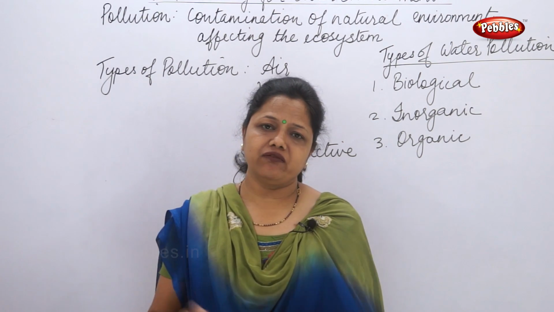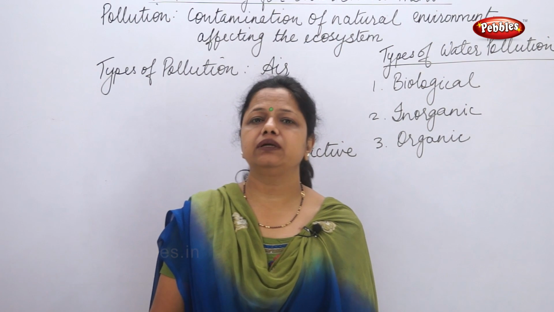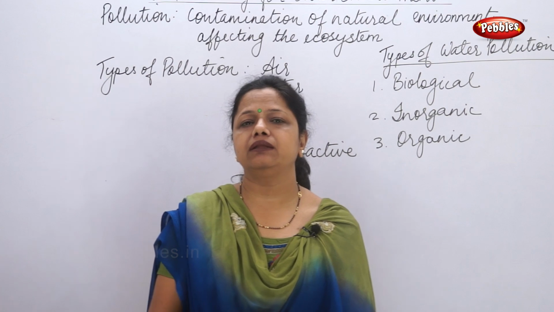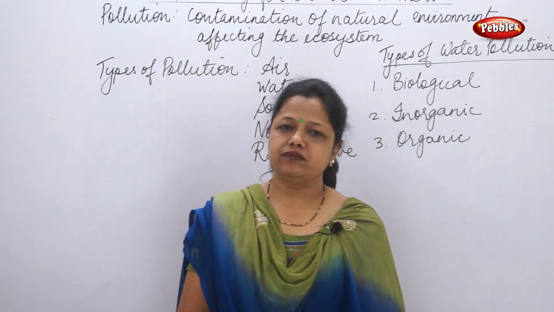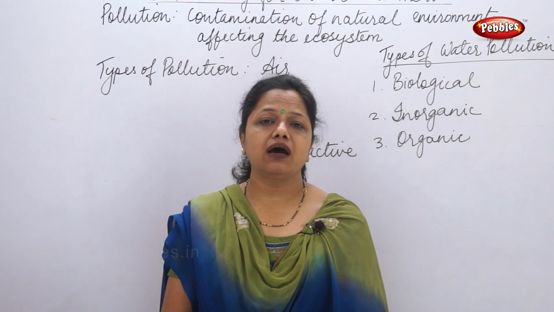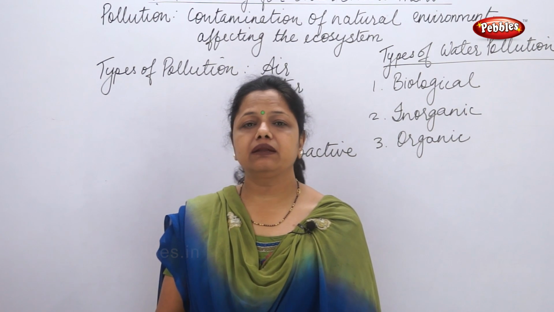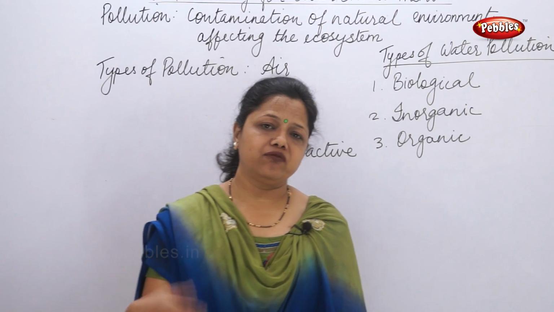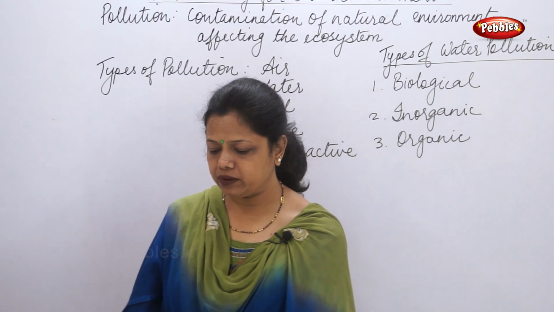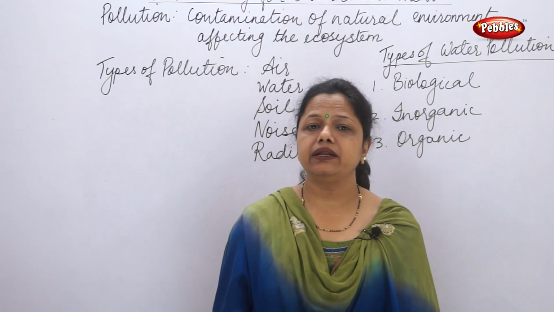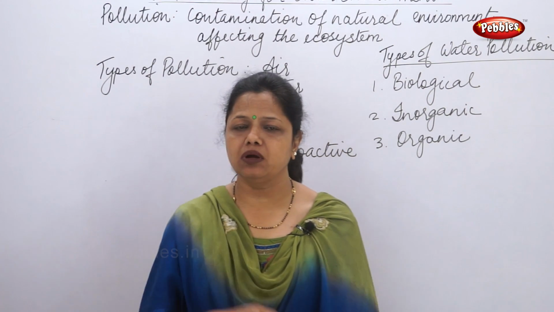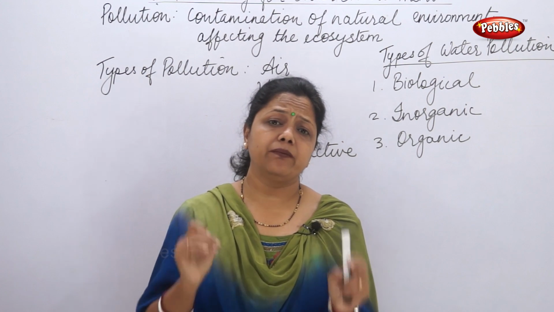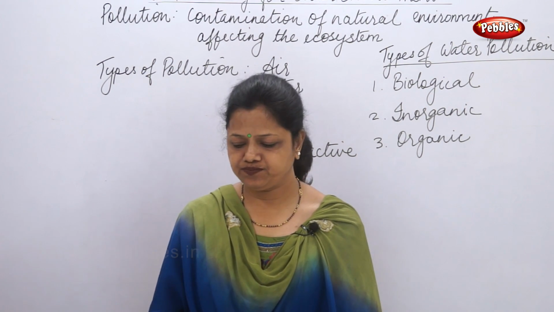So all this domestic waste may contain soap molecules, food particles, all the sewage particles, and the toilet waste, etc. So these things are adding to the water and they create a large amount of pollution in water. Food and vegetable waste also can happen. Then various detergents containing sodium salts, potassium salts, and ammonium salts enter the water body. So we can say domestic sewage is one of the major reasons for water pollution.